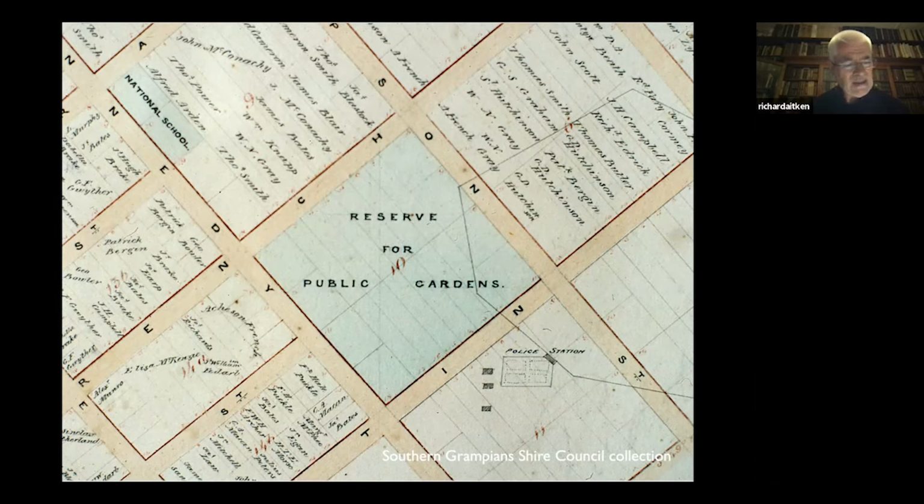Geelong, Portland, Hamilton, White Hills, just north of Bendigo, and Ballarat all had botanic garden reserves set aside in the early to mid-1850s, each entrusted to a local committee of management, often with a strong link to the local municipality, but always within the overreaching jurisdiction of the colonial government. In terms of layout, the strong geometric grid of colonial surveying, seen here at Hamilton, was generally not translated to the garden design, which in general favoured naturalistic over formal layouts.